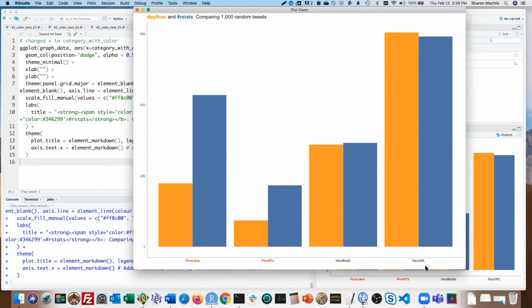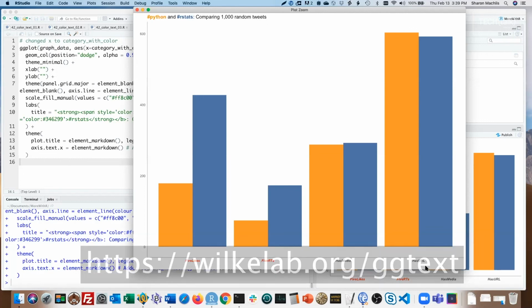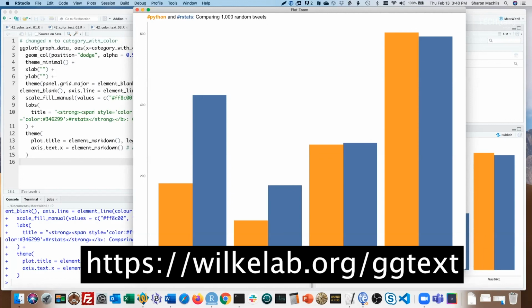There's more you can do with ggtext, such as creating stylized text boxes and adding images to axes. But package author Claus Wilke warned us at the conference not to go too crazy, because everything you can do in R Markdown isn't yet supported here. The package is under development. You can check out the website to see the latest at wilkelab.org/ggtext.